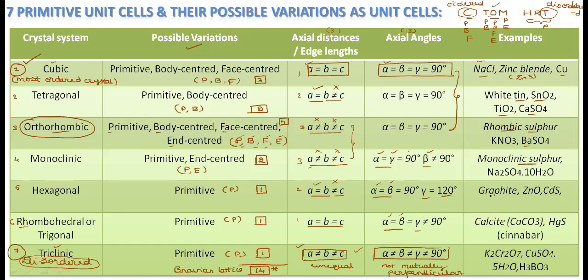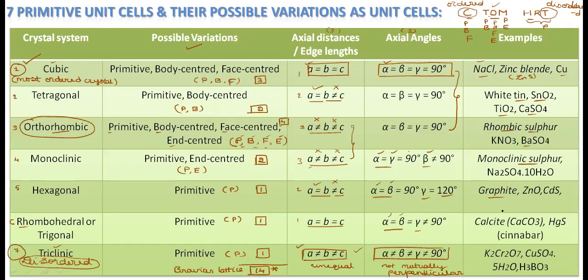Then hexagonal, graphite is the best example of the hexagonal system. That we learned in the first PUC, in the 14th group, the carbon family elements, when we were discussing the allotropic forms of carbon: graphite, diamond, fullerenes. There the structure of graphite is mentioned, how the crystal structure looks. You can remember it is a hexagonal arrangement of sp2 hybridized carbon atoms in graphite.